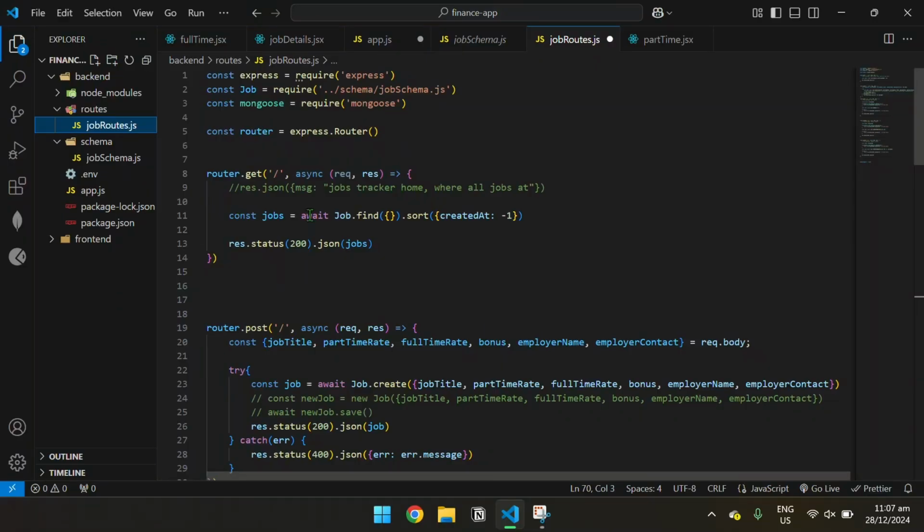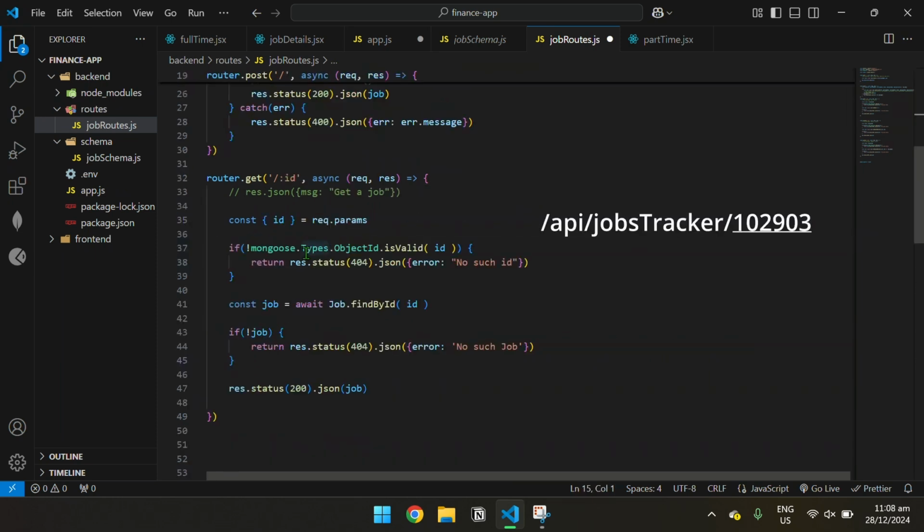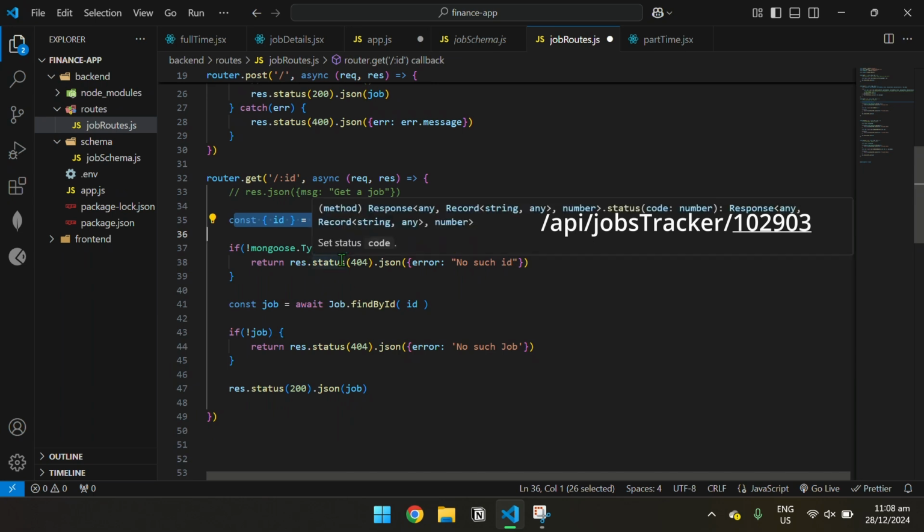For getting all the jobs, this controller fetches all the jobs from the database using the job model created just now, sorts the jobs by their creation date in descending order, and sends back the list of jobs with the 200 status code. For getting a single job, this controller extracts the job's ID from the request parameter,